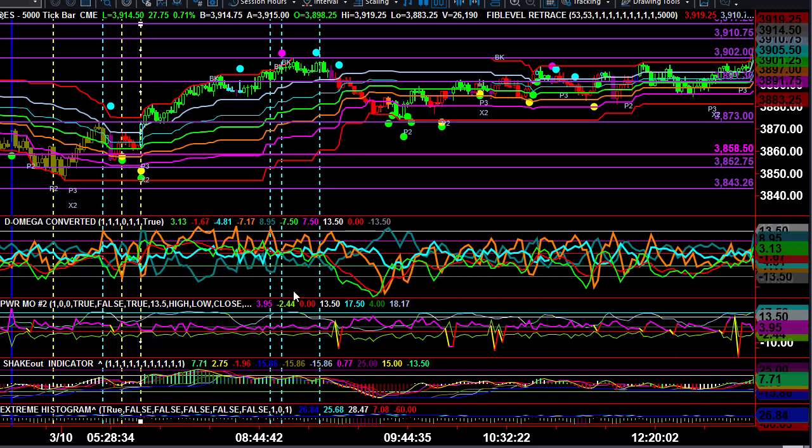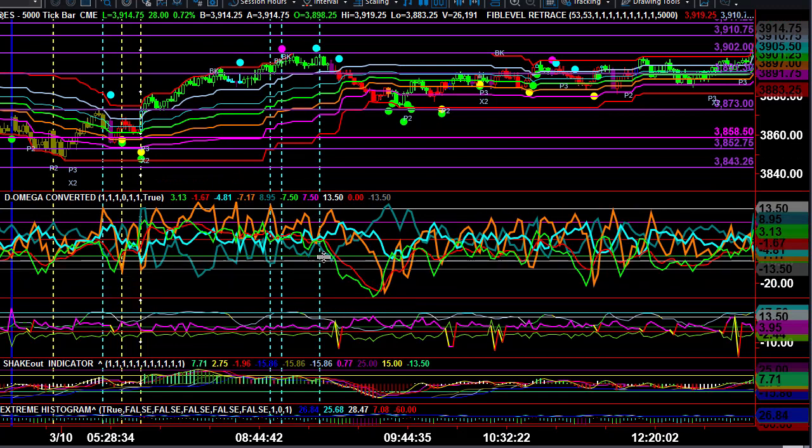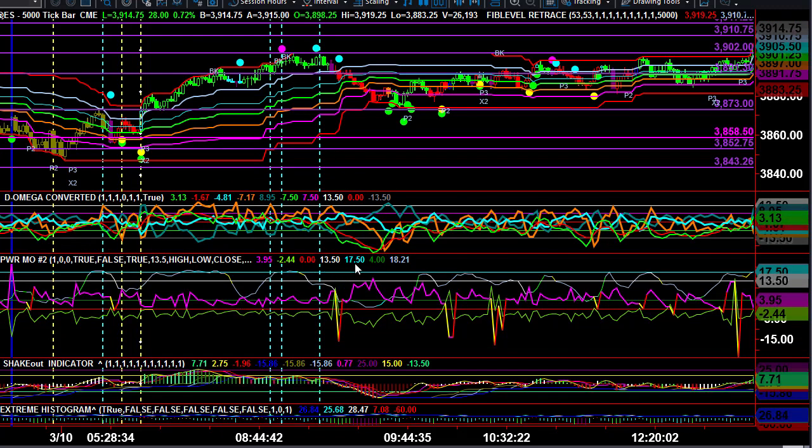What you will see on the Power Mode 2, and let me go ahead and just enlarge that for you while we're here. I've added a couple of additional lines to this, and this is because right around the 17.5 range tends to be what we find as a peak level for the directional line of Power Mode 2, and when we start to reach those levels is where we tend to get these rollovers, and so it becomes kind of an interesting side point. And then the second one that's added in there is this 4 range, particularly for the magenta,